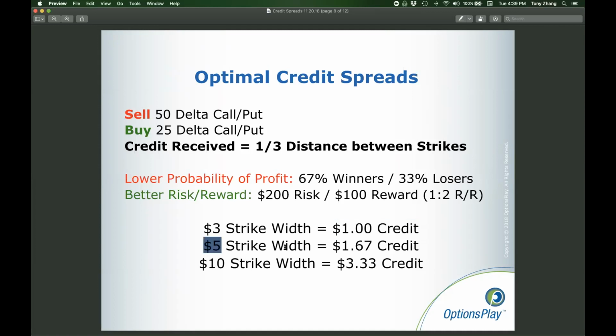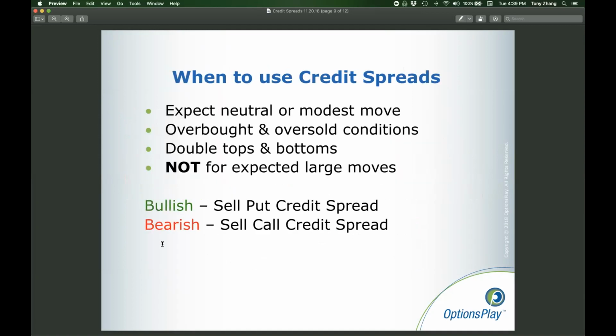And I just have a reference point. If you're selling a $5 width, $1.67; $10 width, $3.33. These are the types of credits that you want to look for when you're selling these widths. And I have these widths up here because these are fairly common widths that you would use if you're selling your credit spread. So now that we talked about how to construct them,